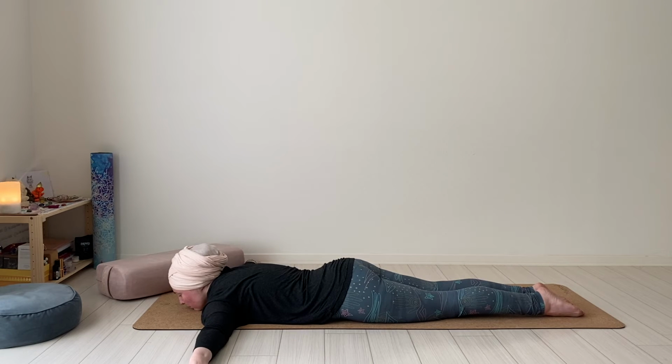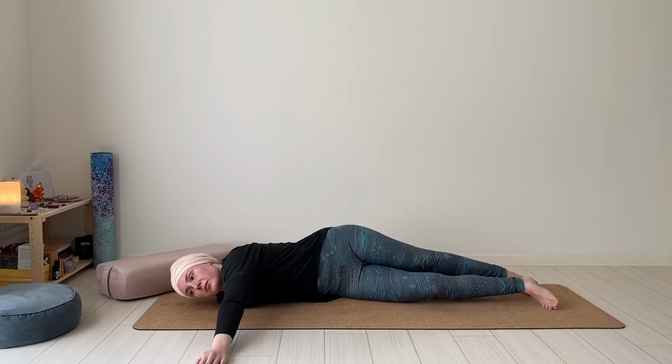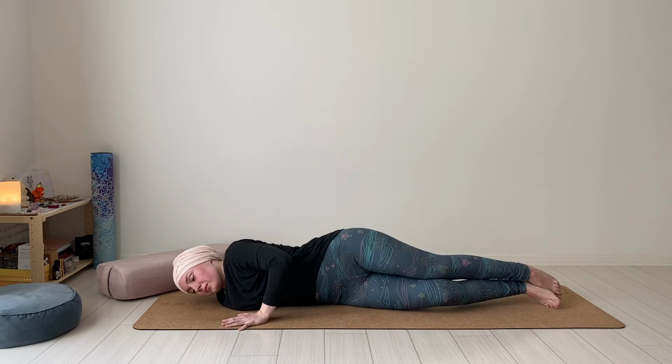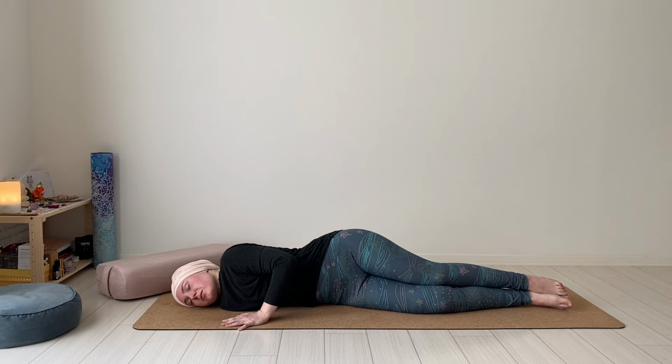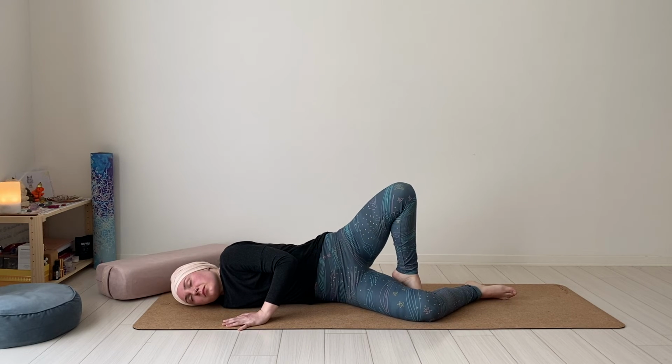And we will roll first onto our right shoulder. So we're laying on our belly with the arms extended to the sides. And we will turn to the left side of our body, rolling onto the right shoulder, broken wing. You may bend the knees